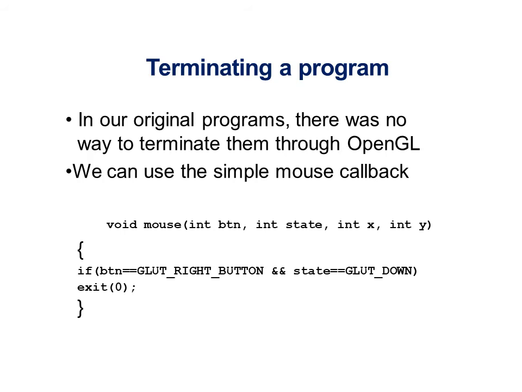This is one simple technique for terminating a program. You must have seen in my OpenGL programs that we are not having any exit functions at all, is it not? So we can go for an exit function whenever you are having some constraint. For example, in this case I have taken the mouse callback event, and whenever the button is the right button and it has been pressed down, in that case I want to exit my program. You can write code like this so that the control will come outside your program.